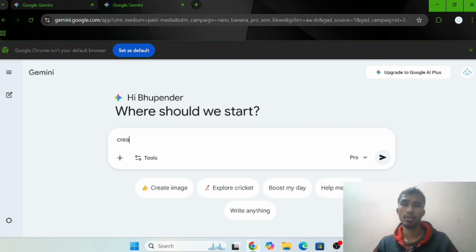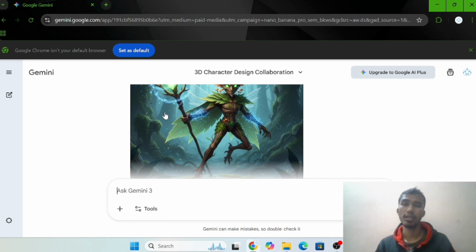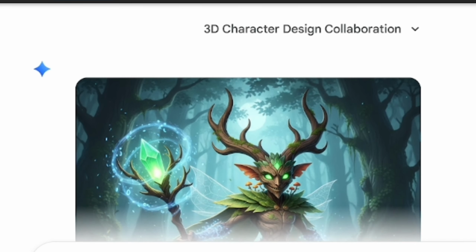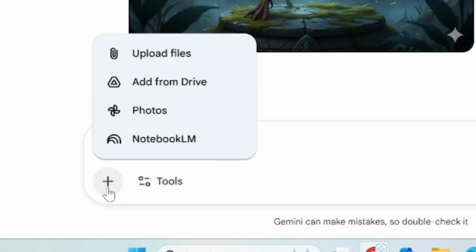to create a 3D image of a character, and it will create an image of a 3D character. The Nano Banana gave me the image like this, but if you have any reference image,